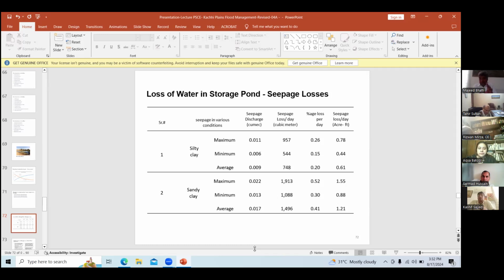It has been worked out through the cross section of this pond, because the pond is constructed by constructing an embankment all around these ponds. So we have proposed a water level of about 50 feet or 100 feet, and try to use Darcy's law.